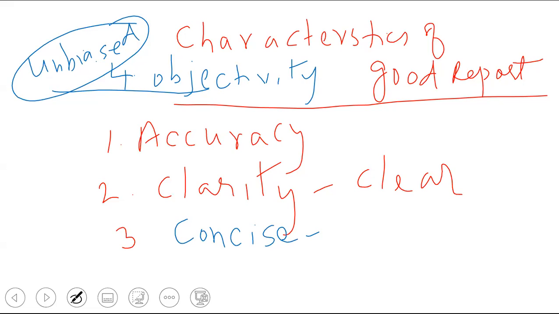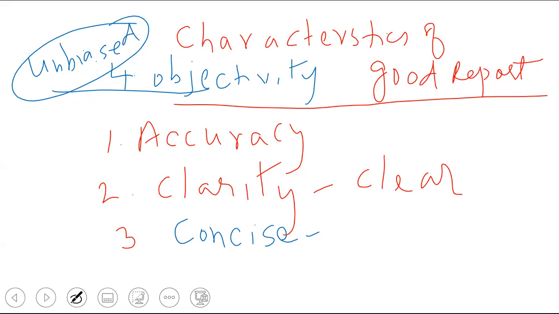Your report should have facts and it should have figures too. You are giving a figure, for example, Indian population is 135 crore. Where did you get this 135 crore from? You will have to write the source below. When writing a figure, you have to write the source. Have you taken the data from the population census? Have you taken it from the government website? From where did you get it?